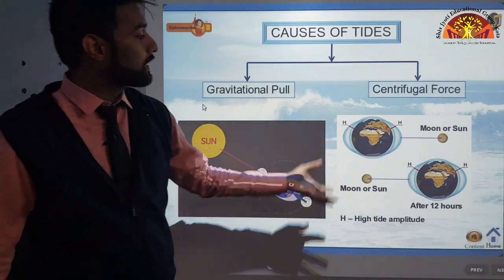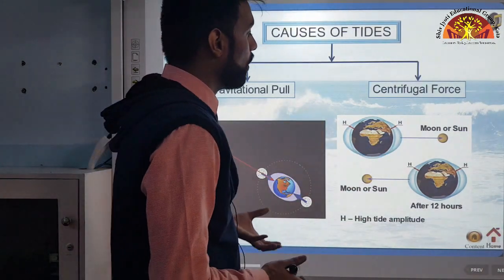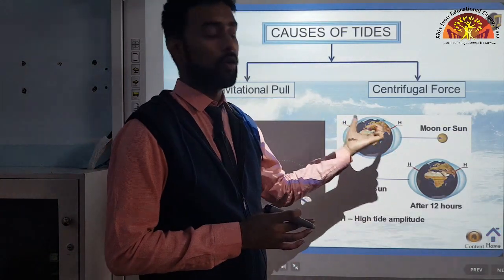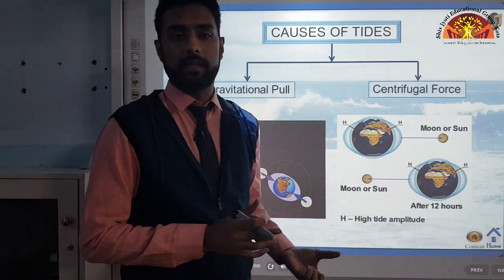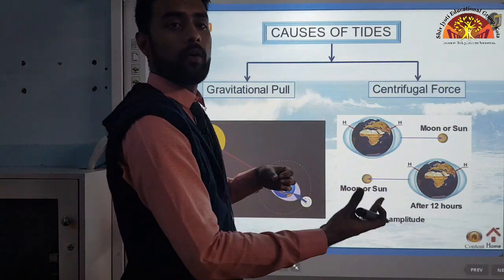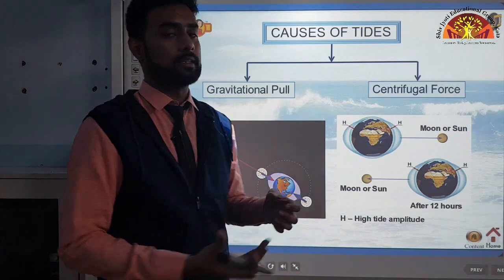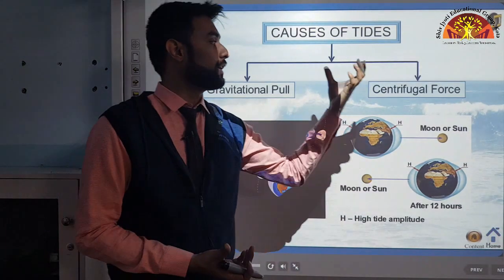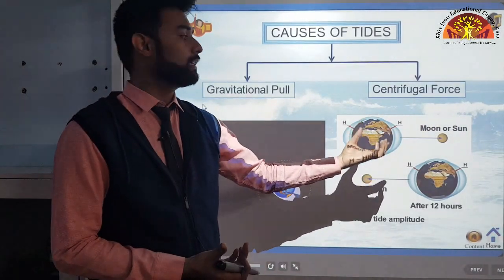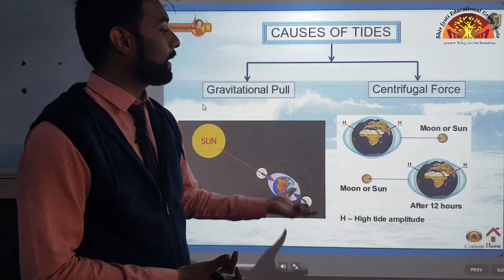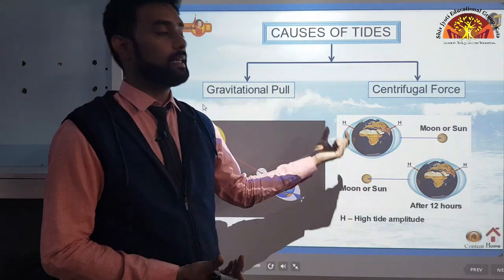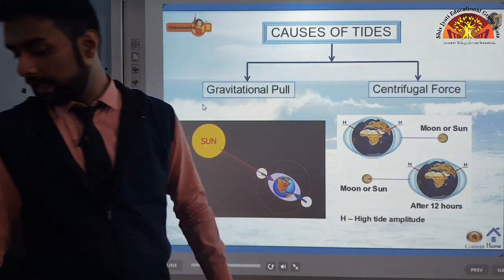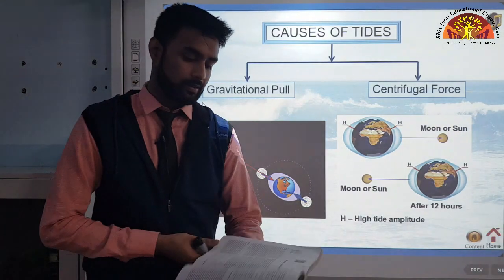Similarly, our earth is continuously rotating, as we already know. What happens is the centrifugal force acts on all the people, on all the objects present on the surface of the earth, and it tries to throw them out of the surface of the earth because our earth is moving. But because our gravitational force is much stronger than the centrifugal force, we stick to the surface. But it does not apply to water, because water is easy to change. Water is always changing as compared to the solids, that is us, plants, animals and other objects.